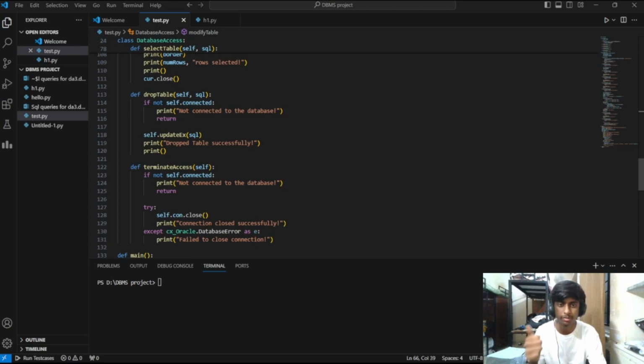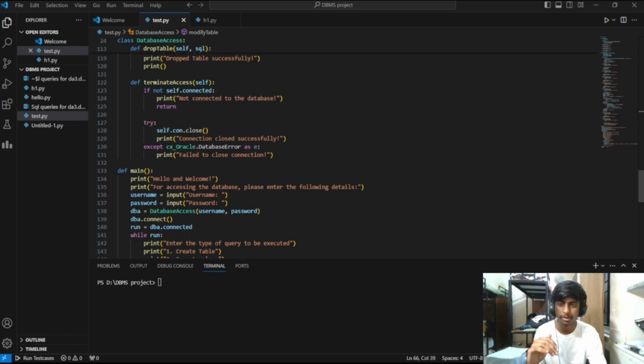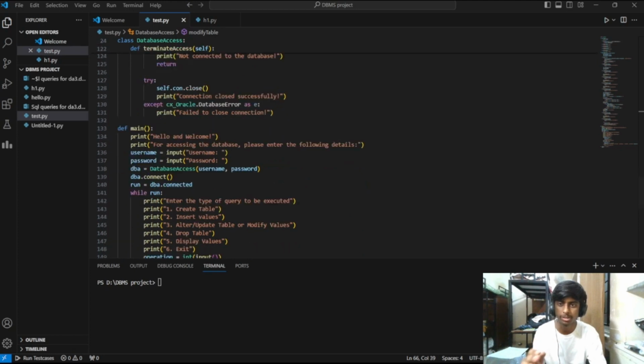First it checks if self.connected is false. If it is, then it prints a message and returns. Otherwise, it attempts to close the connection, self.con.close, and prints a message indicating the success or failure. Now coming to the main method, where first it will print the hello and welcome message, and next it will